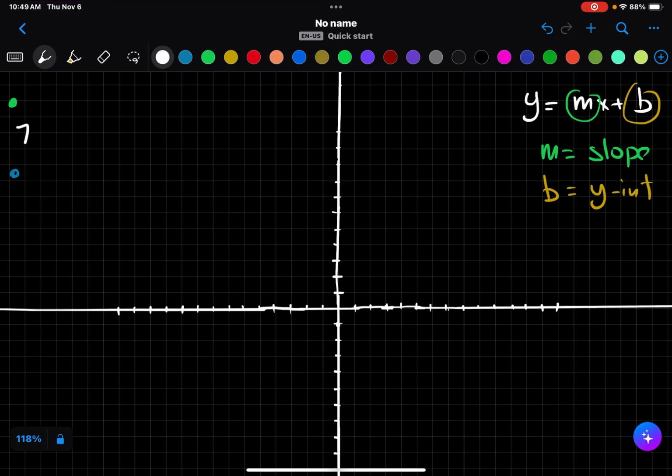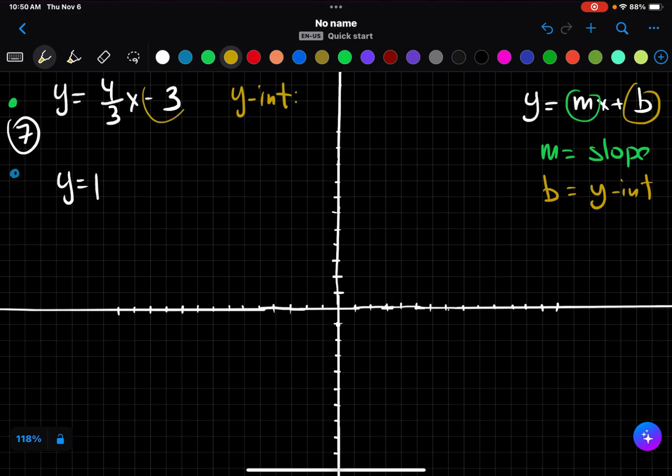Number 7 is slightly strange, not too bad, not as bad as number 3 was. Definitely solvable, but it has a bit of a quirk. So y equals 4 over 3x minus 3, and then y equals just 1. The green equation is the standard one. It's pretty easy. The y-intercept is -3, and then the slope is 4 over 3, which means go up 4,